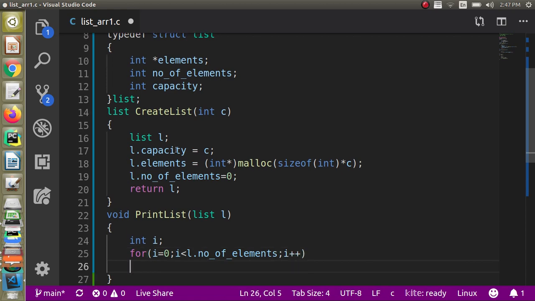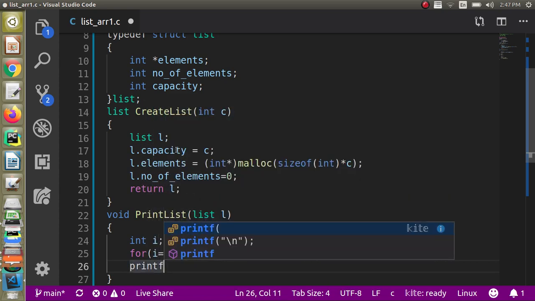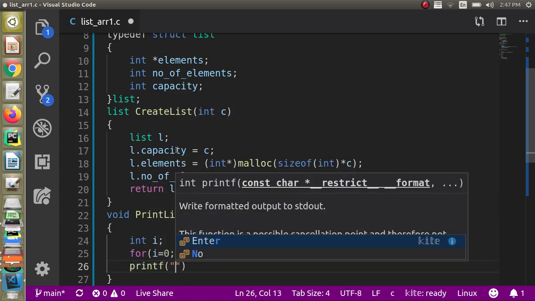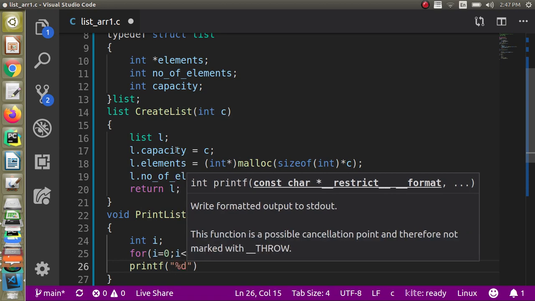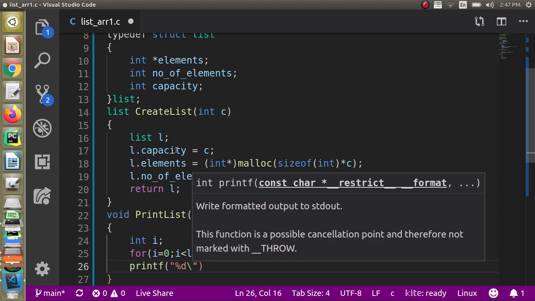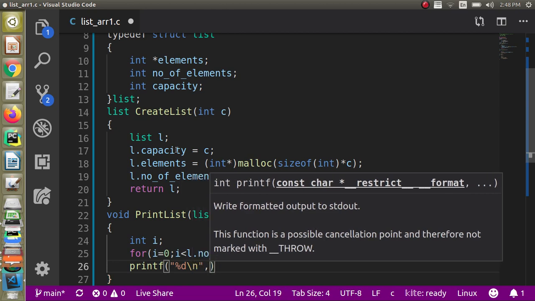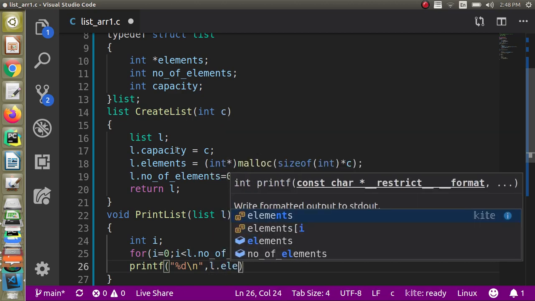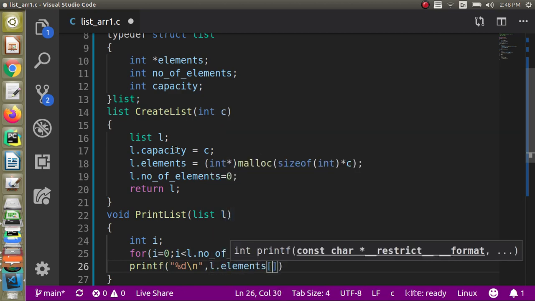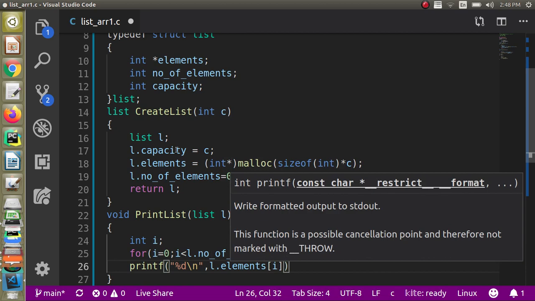So we are just going to loop till i is less than the number of elements, and then we are going to print. So printf %d, and then let us give a newline character so that each value will be on one line, and we are going to print the elements inside the list. So elements of i,